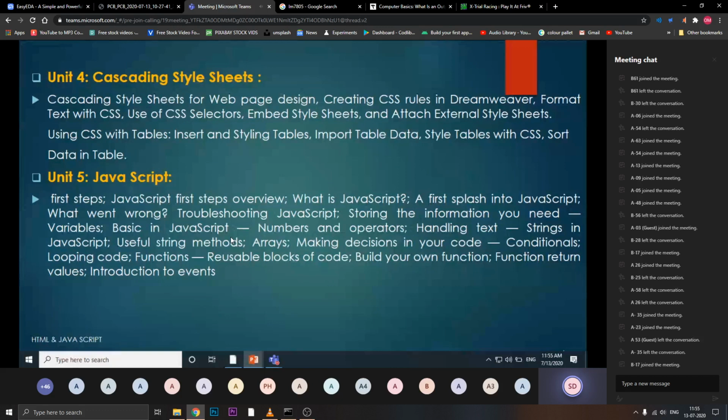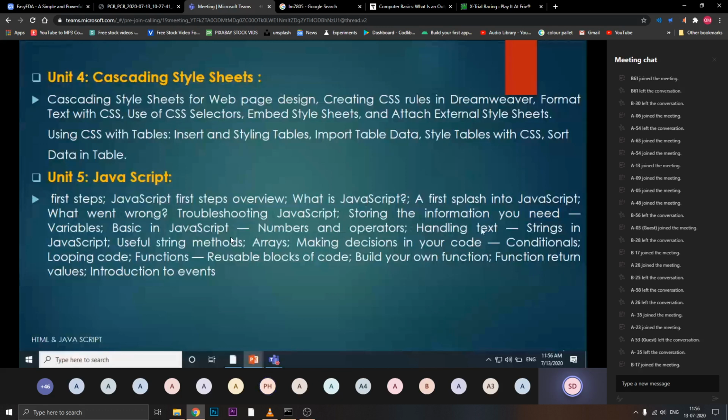The operators you have also already used in C programming: increment, decrement, bitwise operators, left shift, right shift. Different types of operators are there, right? So here also you need a few of the same operators from C programming as well as different ones in JavaScript. Only the syntactical part is different. I am going to tell you how to declare it, how to use it, and how to implement it in web pages. Are you getting this? Yes, ma'am.